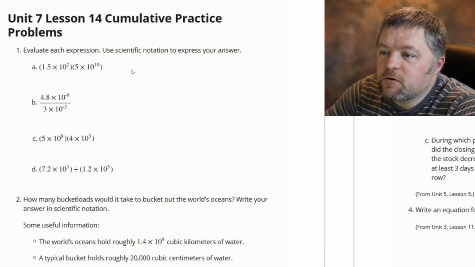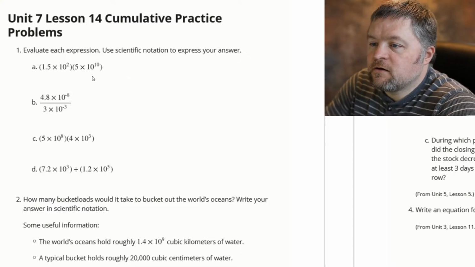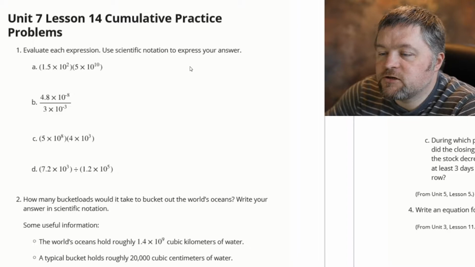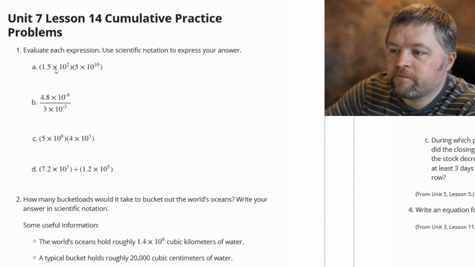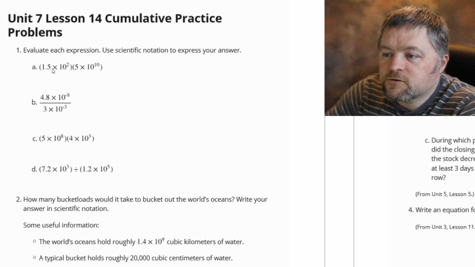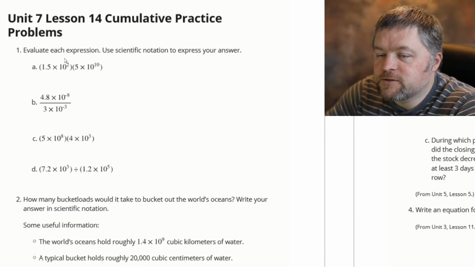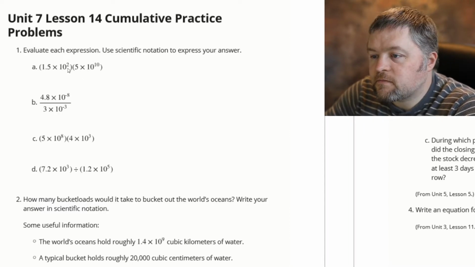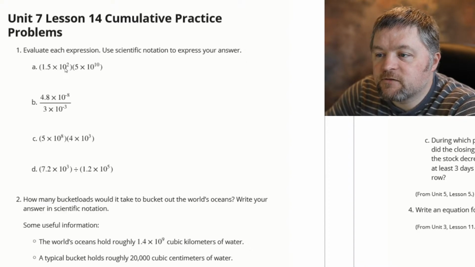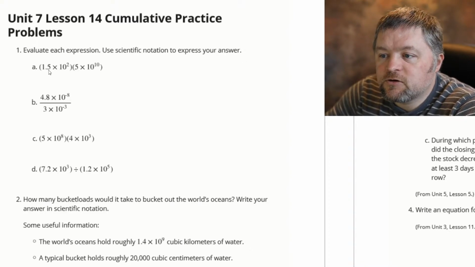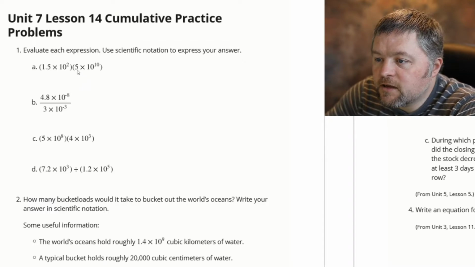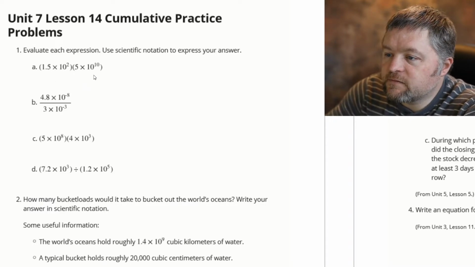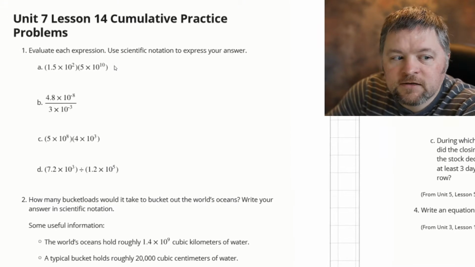Our first problems here are: evaluate each expression, and use scientific notation to express your answer. Our first one, we have two terms in scientific notation in parentheses. Parentheses next to each other mean multiplication. So we're going to start out by multiplying these. 1.5 times 5 is